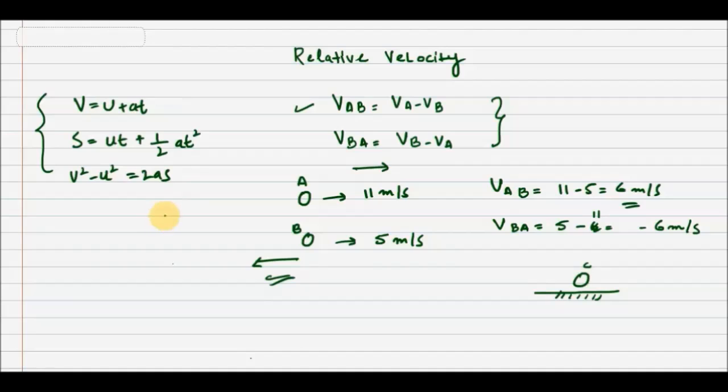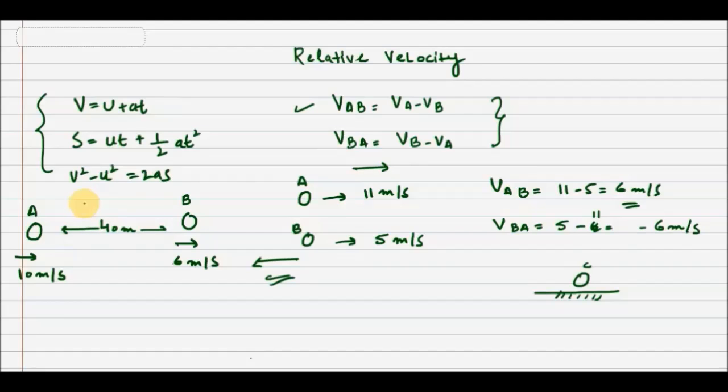To understand the techniques, let me say that I have a person A driving his vehicle with a speed of 10 meters per second, and another person B driving his vehicle with a speed of 6 meters per second, and let me say the distance between A and B is simply 40 meters,